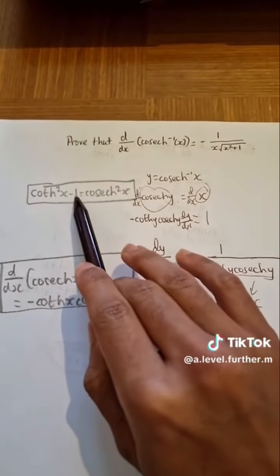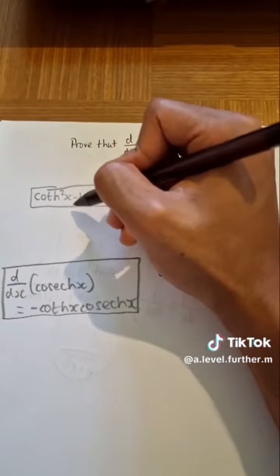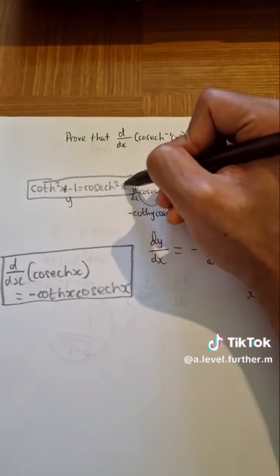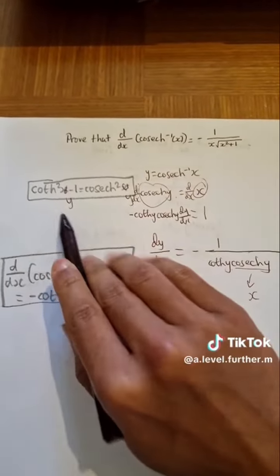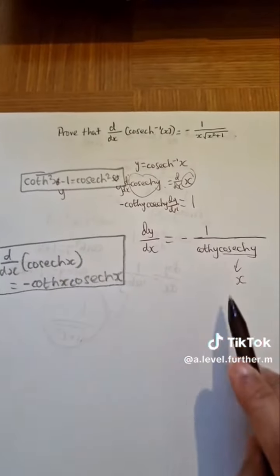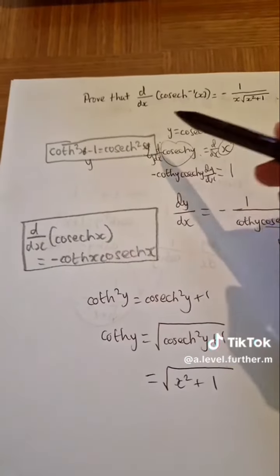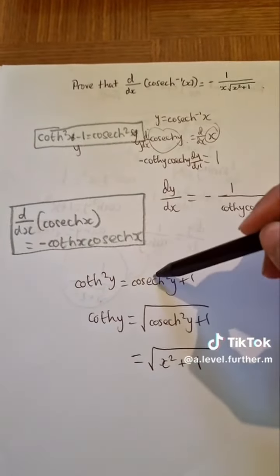You actually want to use this identity here. So let's actually write this in terms of x. I think it'll help us for the sake of this question. But you want to make coth of y the subject of this equation and replace cosech of y with x. When you make coth squared y the subject of this equation, you can then make coth of y